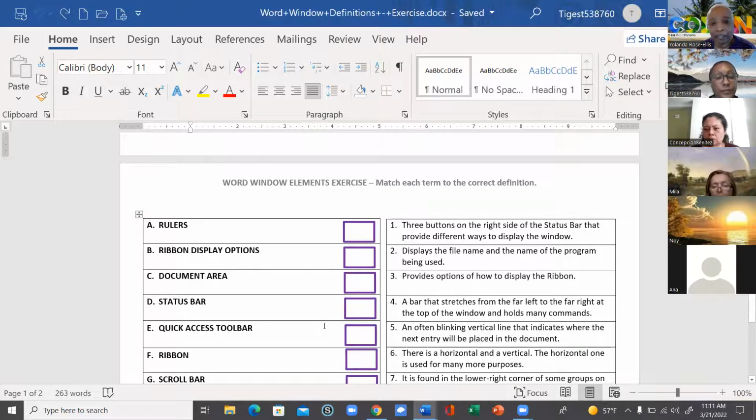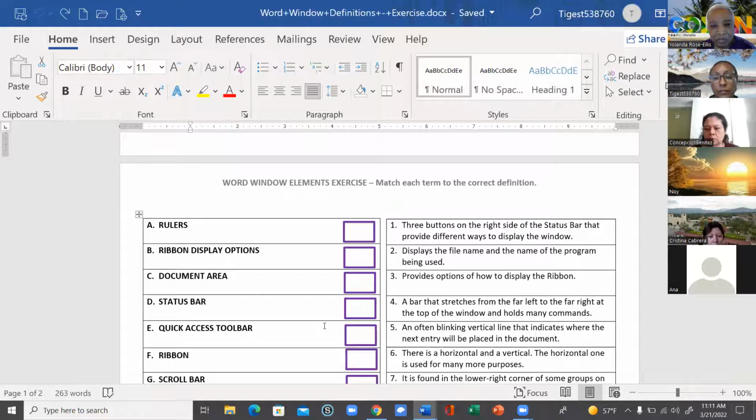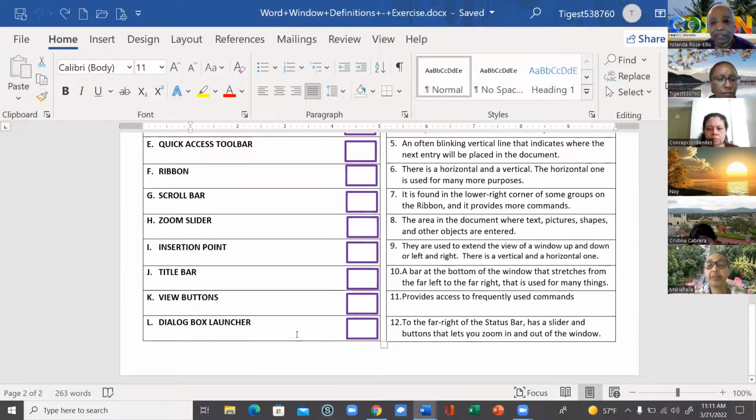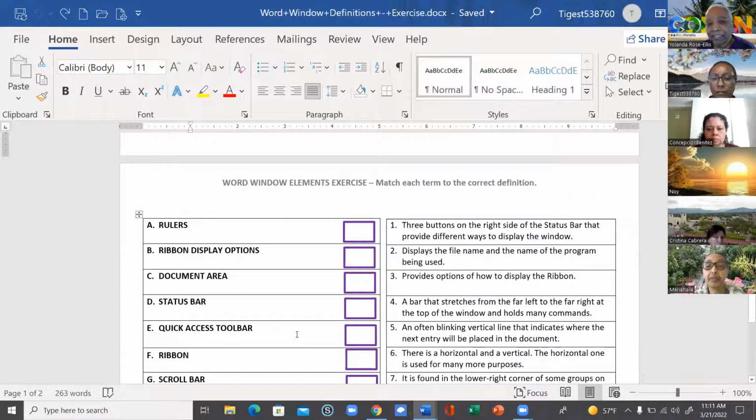Thank you. Okay, on the second page, the instructions are match each term to the correct definition. So on the left side, you have the names: rulers, ribbon, display options. And then on the right, you have the definitions. So on the left, to the right of the names, we have those purple boxes. So in the purple boxes, you're entering the number that is the definition of the